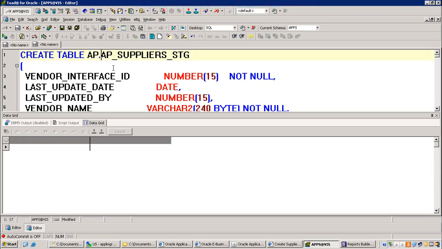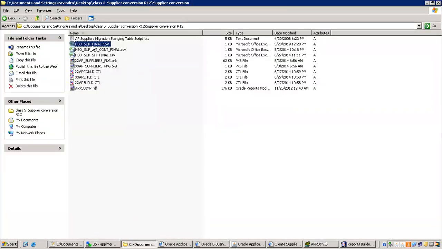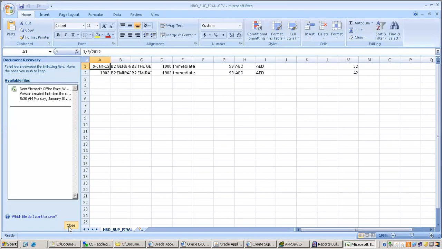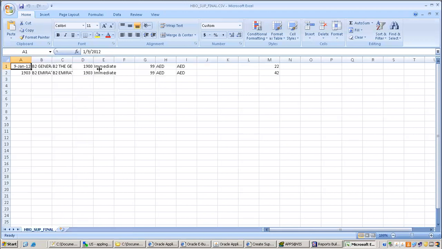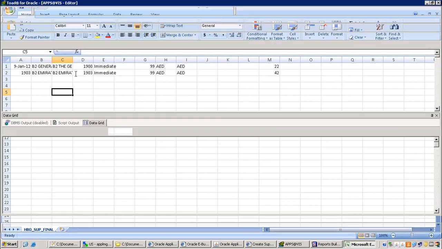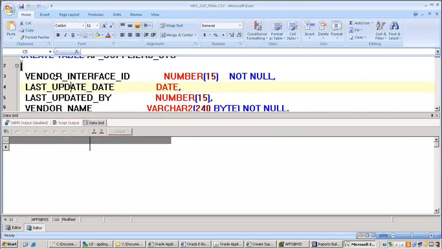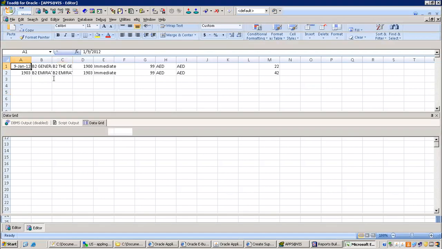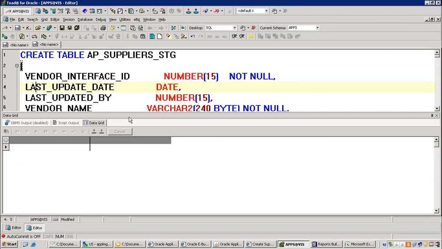So you don't need to put AP here, not required. Create the table name. Then based on the Excel sheet only, you have to create the columns. So first are usually the IDs, vendor interface. Nowadays they are giving columns. In some projects they may not give, but at that time you may need to struggle. Okay, first column is ID, the interface ID. And one more is,